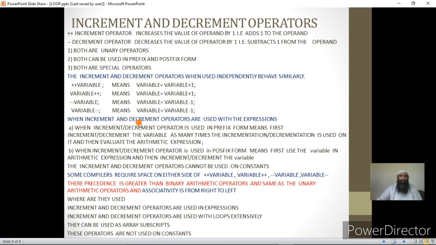Now when increment and decrement operators are used with expressions, or with assignment statements, you should remember one more thing.